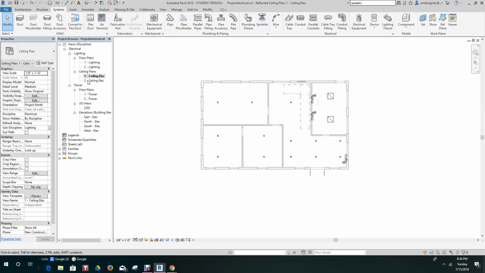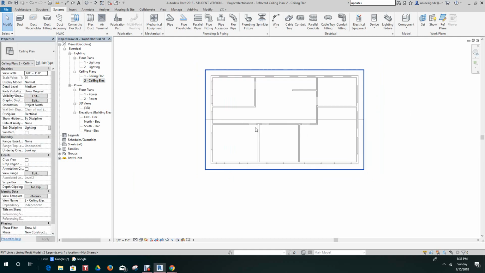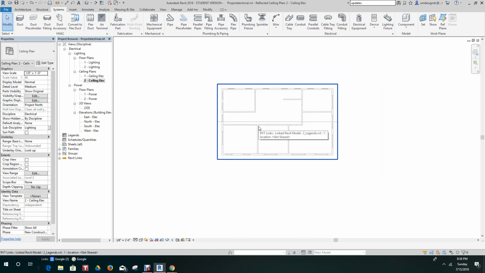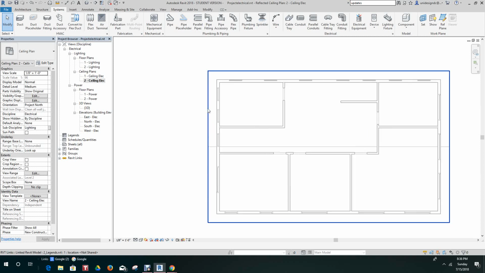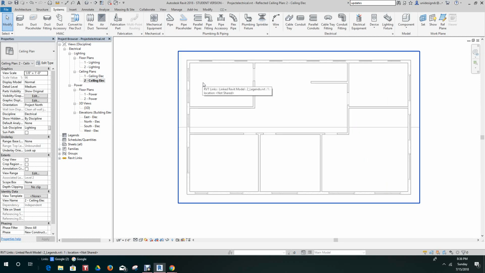Okay, so go ahead, do the second level the same way. But remember, you have to place your light fixtures or your ceiling in your link model. We're doing this from the link model because we want to keep the electrical and the architectural in separate models. Anyway, again, we're going to cut it here, finish those models, finish your electrical model.